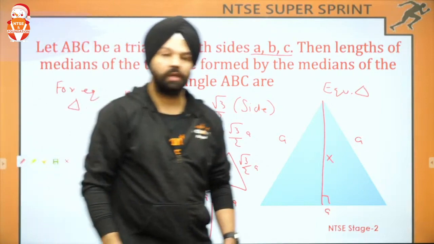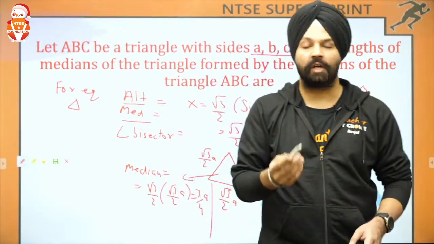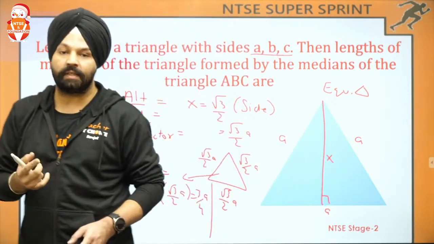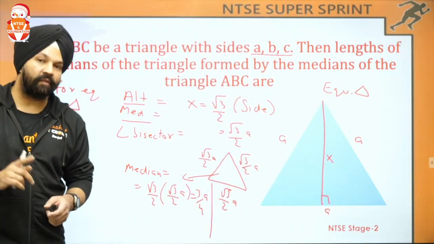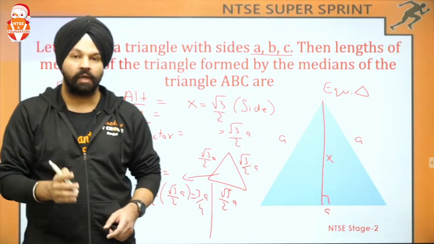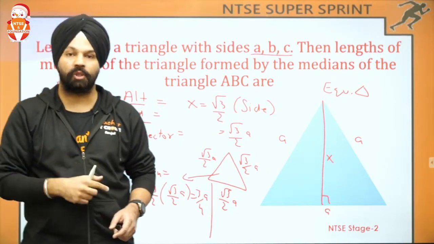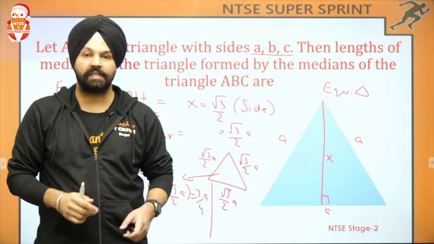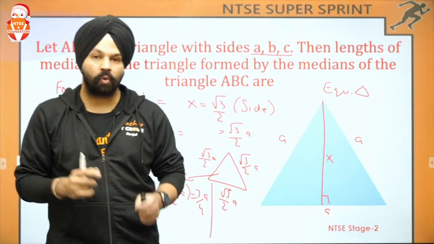That will be 3 by 4a. I repeat once again. I can verbally explain this question without even drawing the diagram, but I want you to focus on this a bit. For solving the question, instead of applying the Apollonius Theorem, if you go for a book, you will see they are applying Apollonius Theorem on this question, but I am not interested in that. So I am handling this question wisely, and I am suggesting you, whenever there is a question in which